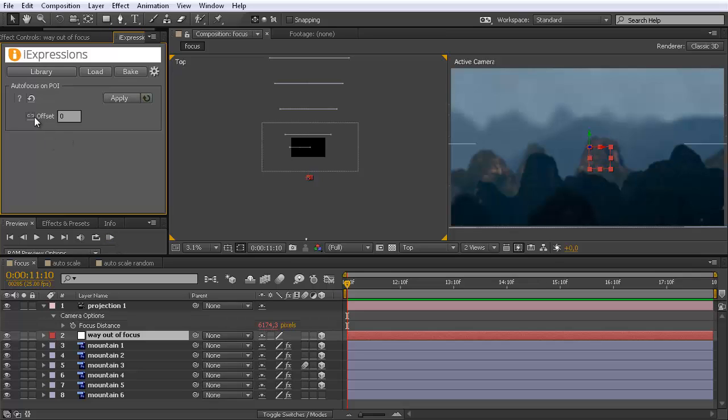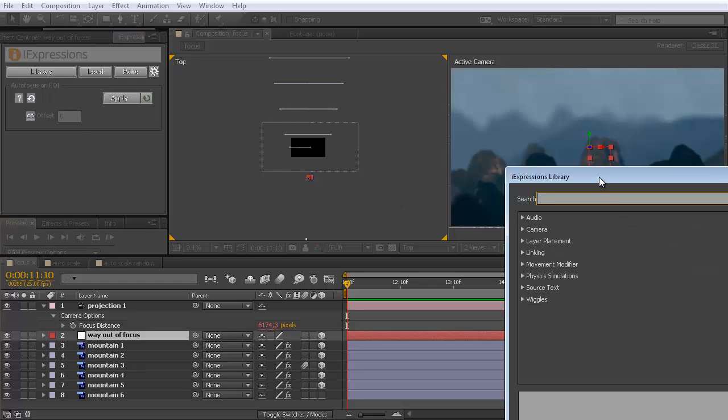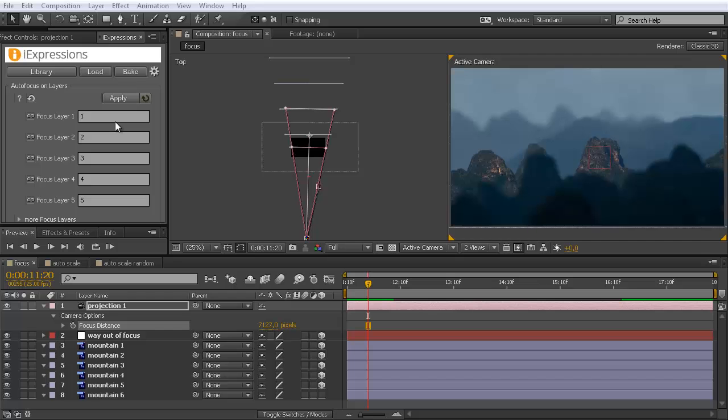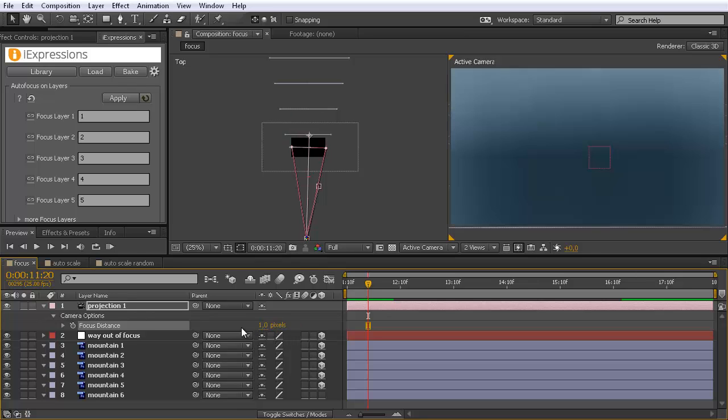I'm not going to show this in detail because I think the much better way in general to do autofocus is not with a point of interest, but here with the autofocus on layers expression. What the autofocus on layers expression essentially does is change the meaning of the focus distance parameter of your camera. So imagine, wouldn't it be great if a value of 1 here would not mean